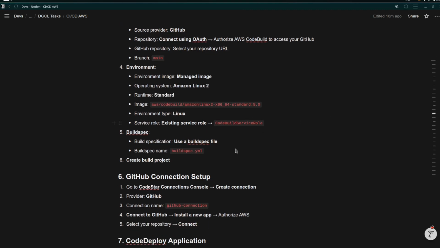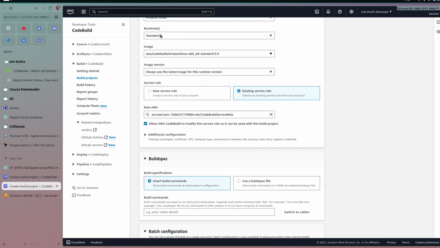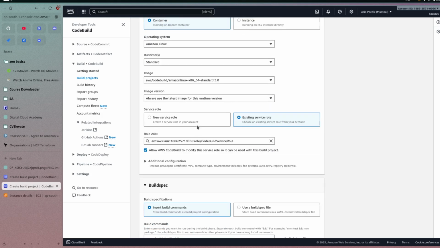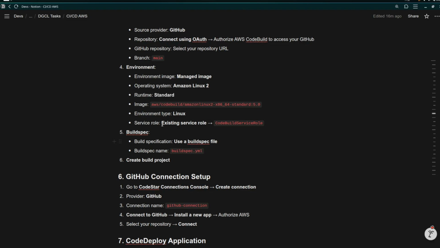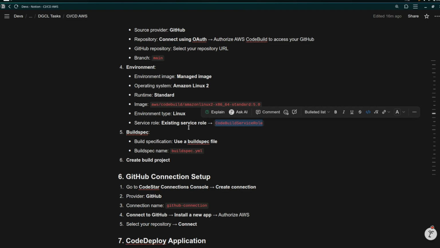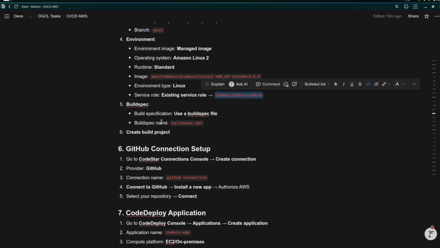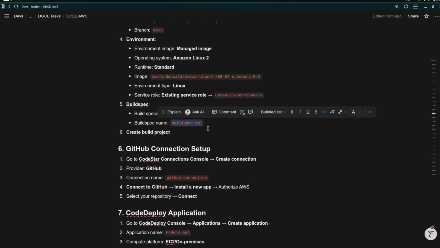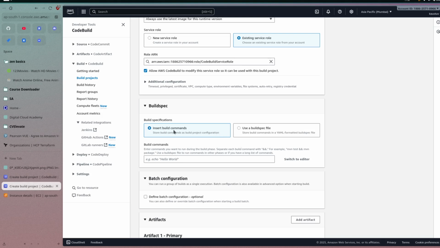And we got environment type Linux, so we deselect that. And yeah, you must put this one: the CodeBuild service role, the one that we created at first. So just put it over here. In the build spec, make sure you put the buildspec.yaml. So just insert the build spec command, use the build spec file, and then in the file just put